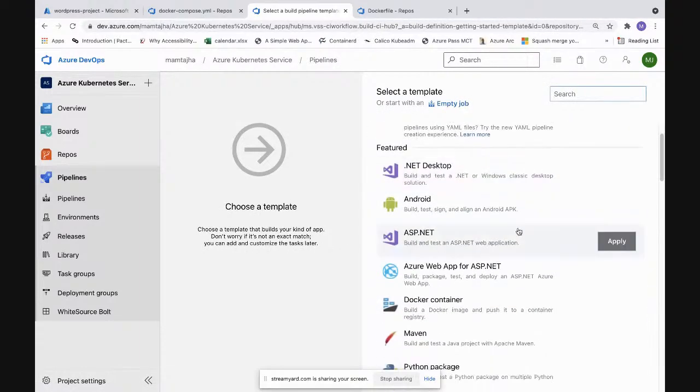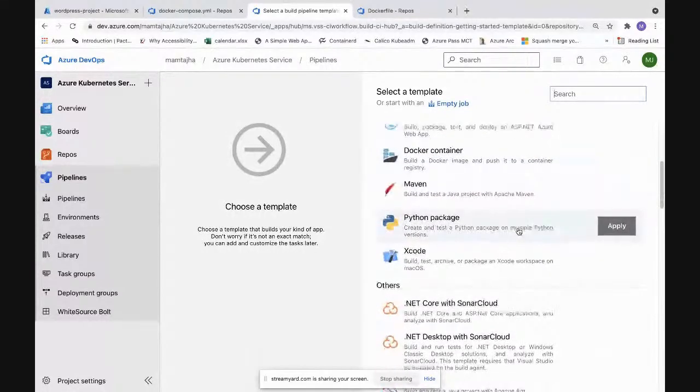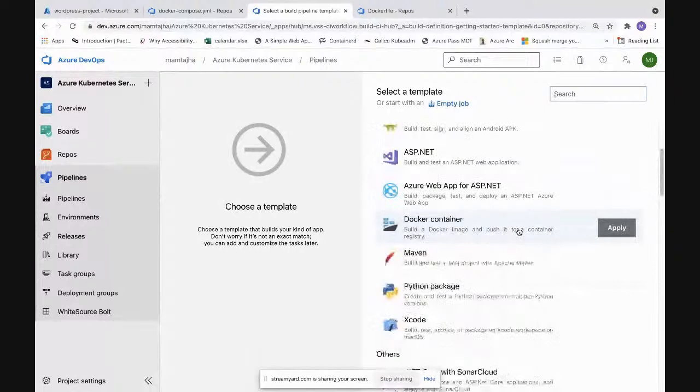I say continue. It is asking me, do you want to take a skeleton of any of the templates so that you can go ahead and build a good pipeline. So if I'm picking up a skeleton, like I wanted Docker build image to happen and Docker push to happen, most of my tasks are related to Docker.